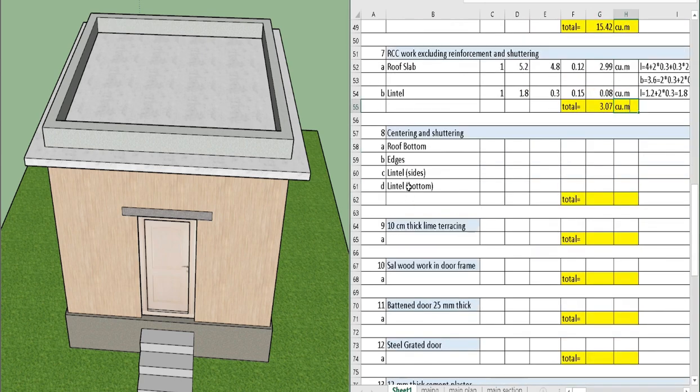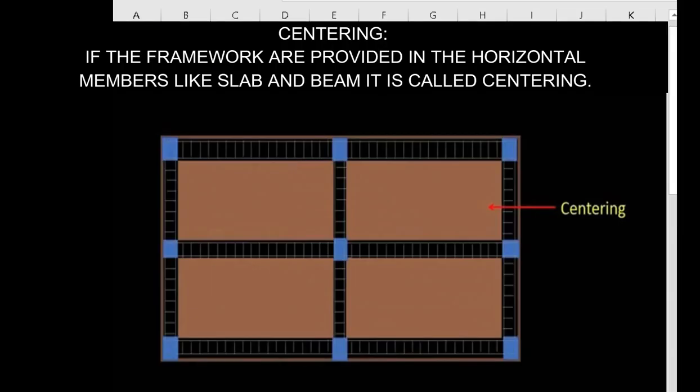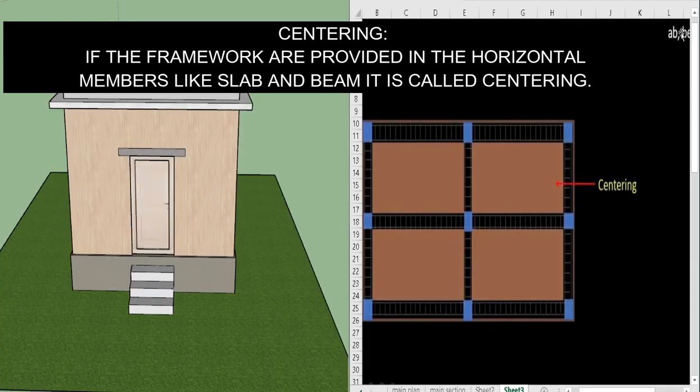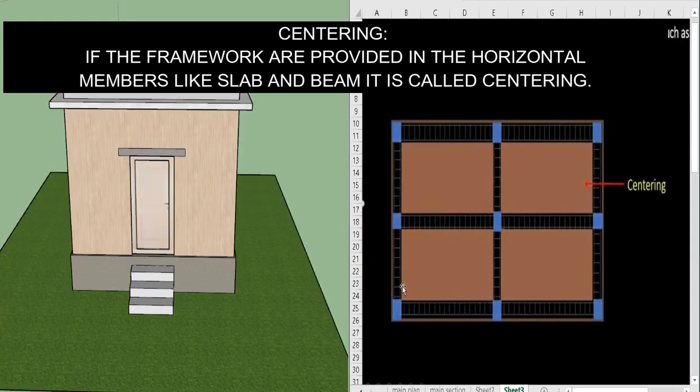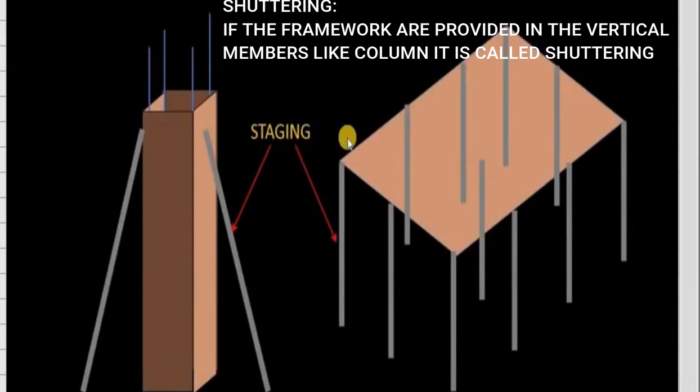Now the next step is centering and shuttering. For this we need to understand what is centering and shuttering. The formwork which is used for horizontal structure members such as the beams, the slab, etc. is called centering. Here the formwork is provided in the slab. So this is the horizontal member, so it is called the centering. But if the formworks are provided in the vertical member such as the column, then it is called the shuttering